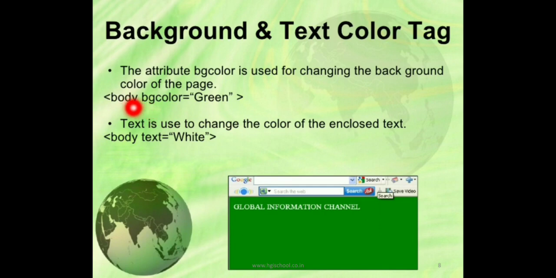So if you have to change the color of the web page, then you have to write the body tag, then space, then BGCOLOR. BGCOLOR is the attribute, then equals to, and green in double quotes. Here you can write any color like red, yellow, blue, etc. So body space BGCOLOR equals to the value of the color.